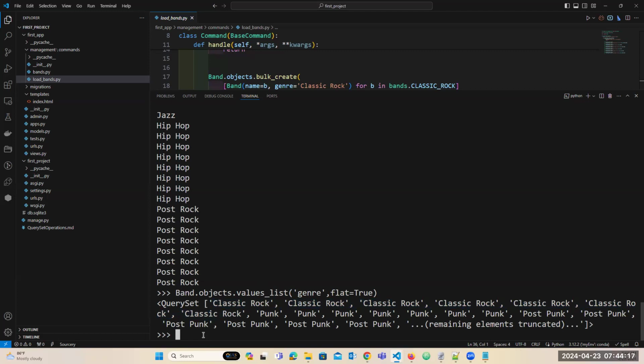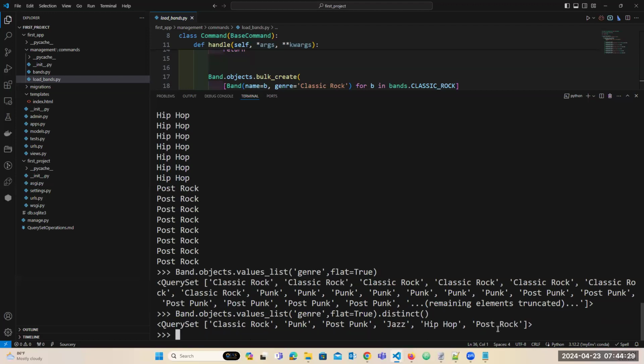I need distinct values, so we use distinct. It gives the unique values, and from that we can see the distinct values. I think you are following, right,